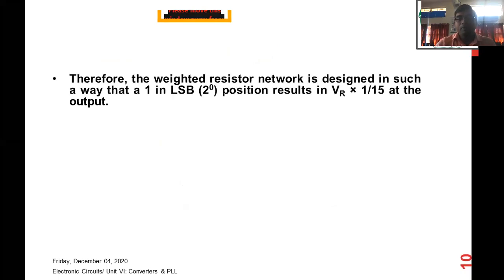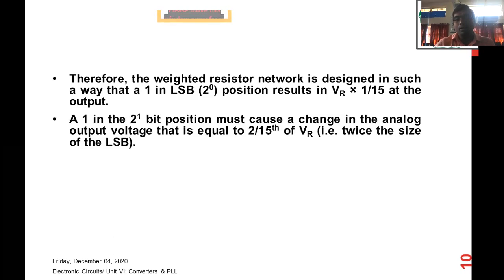Therefore, a weighted resistor network is designed in such a way that a binary 1 in the LSB, that is 2 raised to the power 0 position, results in VR upon 15 at the output. Similarly, a 1 in the 2 raised to the power 1 bit position causes a change in analog output voltage